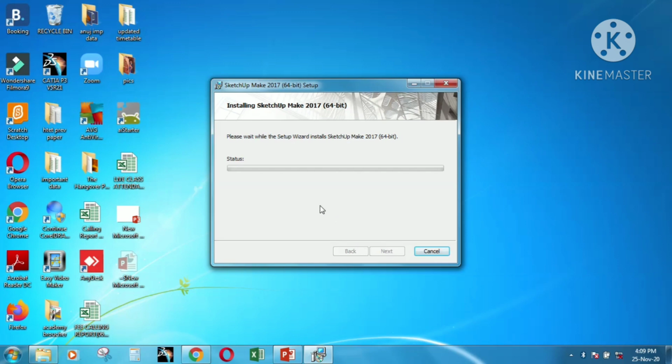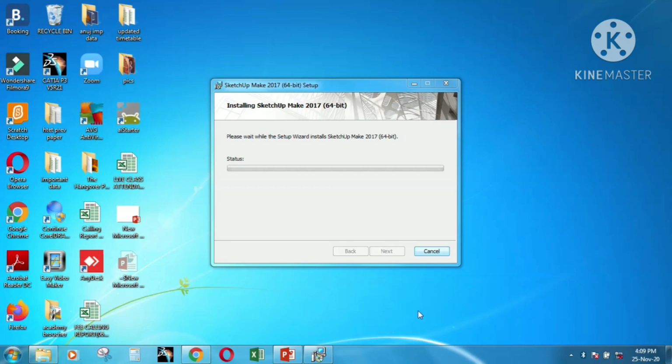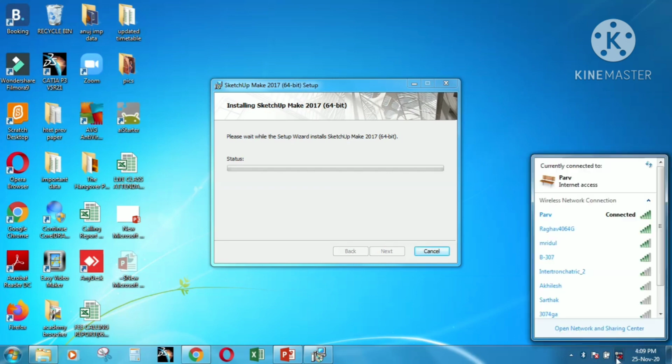The process is halted. So you can check your internet connection, whether it's working or not. As I can see, my internet got disconnected. So you can restart it, you can reconnect it. Once disconnected, connect again.